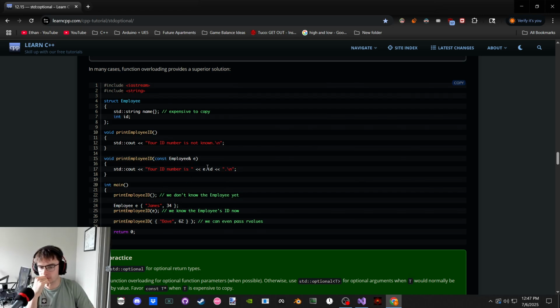Cool. And then we're doing the same thing, where instead of actually passing a whole struct, I can pass in Dave62, even though this is a C-style string, not a standard string. Does that mean this yields a temporary struct? I guess so, huh? Because I'm passing an initializer, and if the initializer matches the properties of an existing struct, I suppose it's getting a temporary one, huh? Okay, so we could say, hey, if there was a guy named Dave and he would be 62, what would his ID be? Oh, 62. Okay.